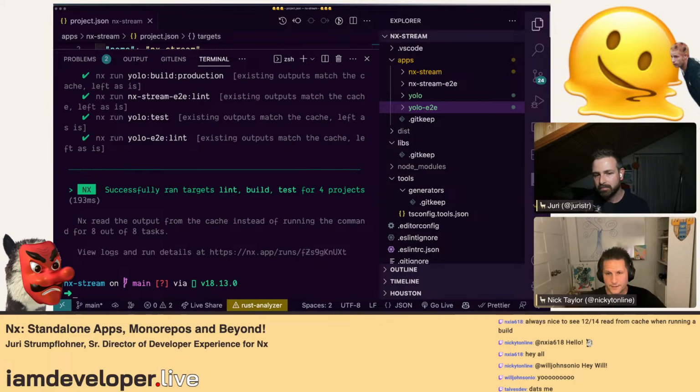Okay. Yeah, no, for sure. I'm definitely gonna see about getting Nx into my own projects just to try it out, because this is stuff I'm gonna be working with more and more at work. So I'm curious, say I'm a dev and I'm like, oh, Nx has this new standalone app support. So I go ahead and bootstrap my project, and I've got my standalone app, got my generators, whatever I'm doing, and everything is going great.